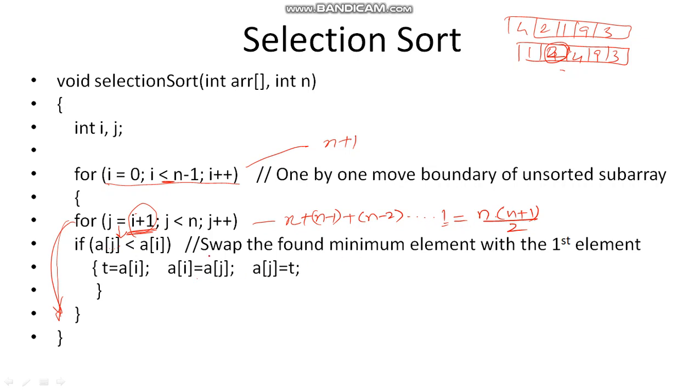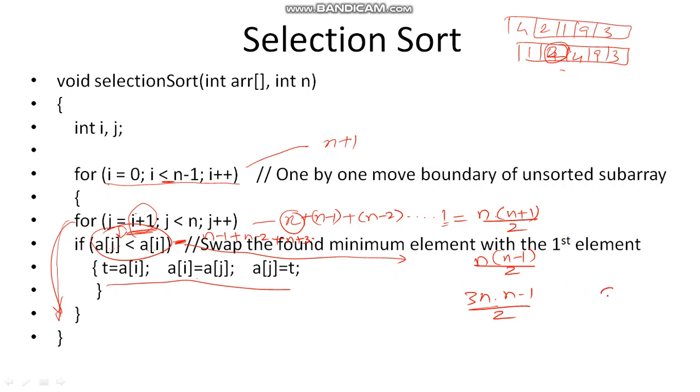For the first time, the control is going to come here for n minus 1 times, the second time n minus 2 times, the third time n minus 3 times. If you add all these, we get the equation for this if statement as n into n minus 1 divided by 2, and the same for these three. If all these conditions are satisfied every time, it will be 3n into n minus 1 divided by 2. Otherwise it is 0. Sometimes it can be 0 also. In the best case it will be 0, as discussed previously.